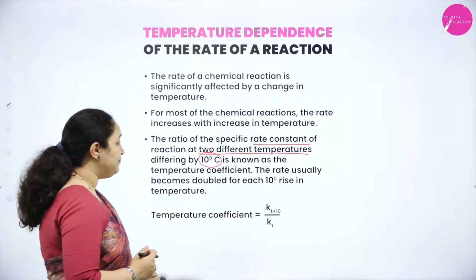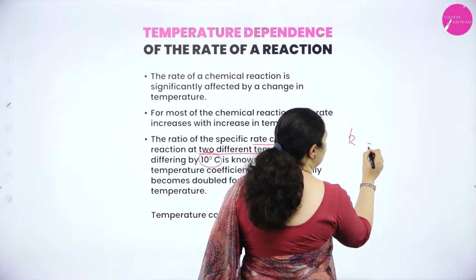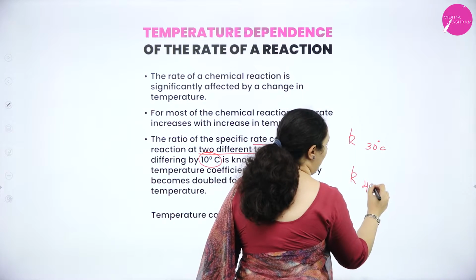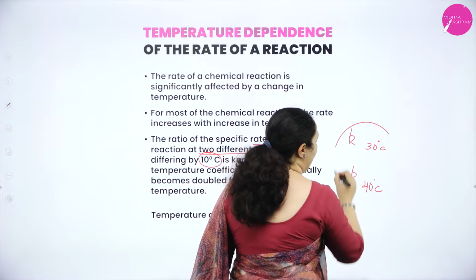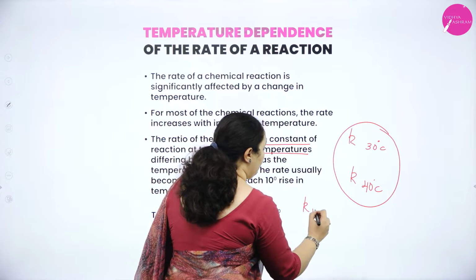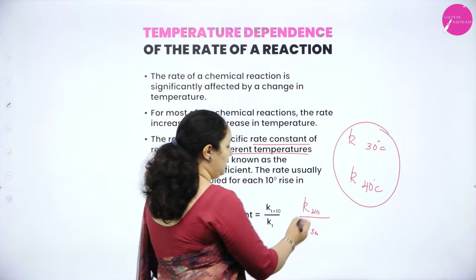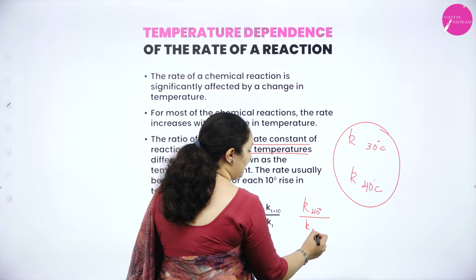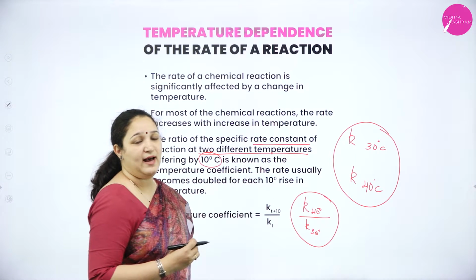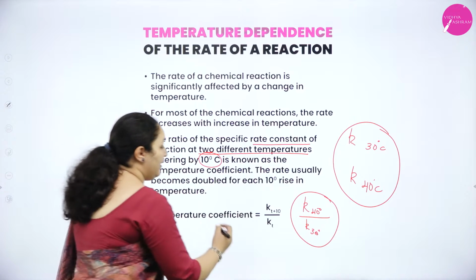Now for example, if I have the rate constant at 30 degrees Celsius, then I have the rate constant at 40 degrees Celsius. If I take the ratio of this, that is, if I write it as K40 by K30, okay, that is rate constant at 40 degrees Celsius and rate constant at 30 degrees Celsius, this ratio is called as temperature coefficient, and this is always